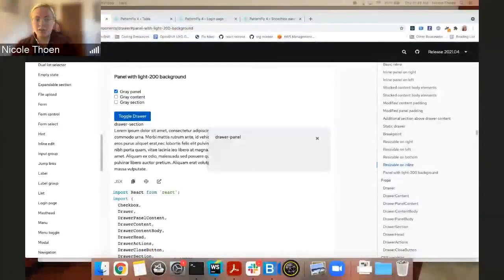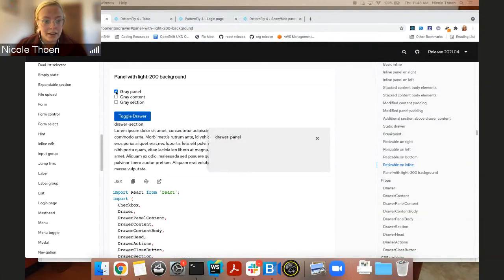I have just a few React updates to demo. First is a new drawer color variant. So it gives a drawer a light gray background. Hopefully you can even see it. Depending on the contrast and how Blue Jeans is handling contrast, you might not even be able to see it. I can. So trust me, it's there if you can't see it.